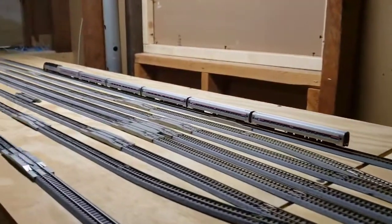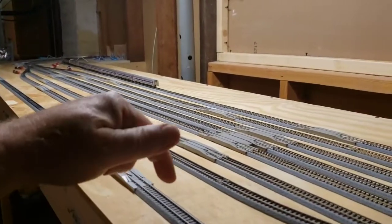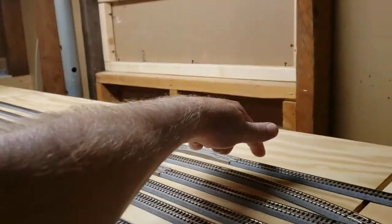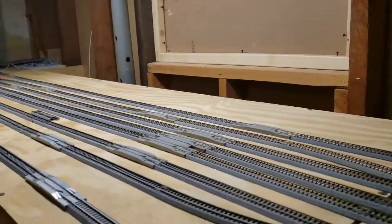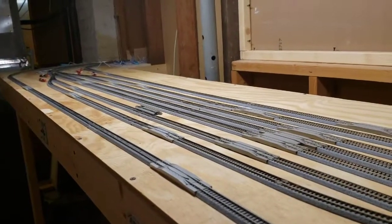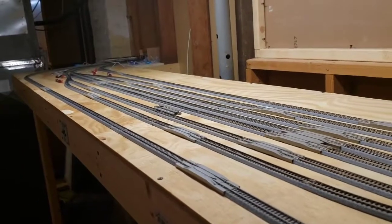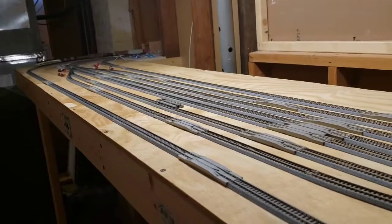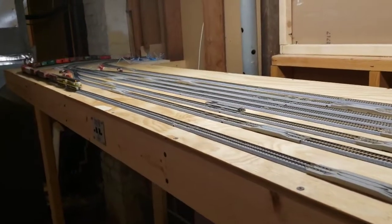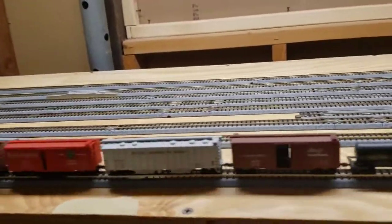I'm hopeful. I had a lot of questions about what I want to do next, but I think I'm just going to go ahead and put another double-ended siding here and out here, and that'll give me my 8 tracks and my main line. So I'll have to figure out how much more track I need to buy. I use a lot of track in this, so I'll get that ordered, and we'll finish up the staging yards. Oh, one other thing, after the train passes,